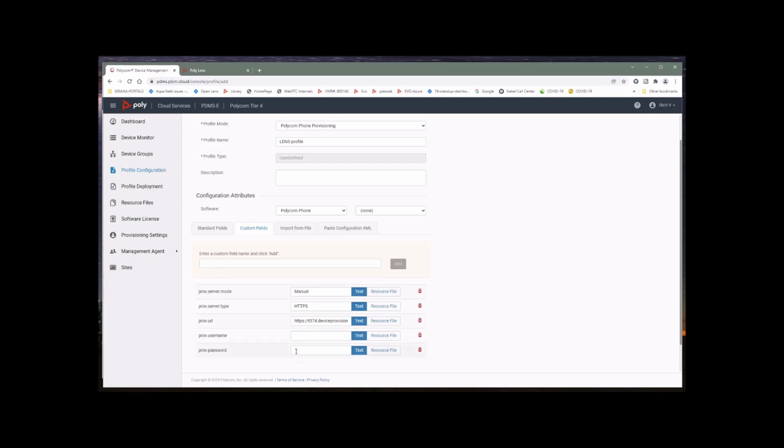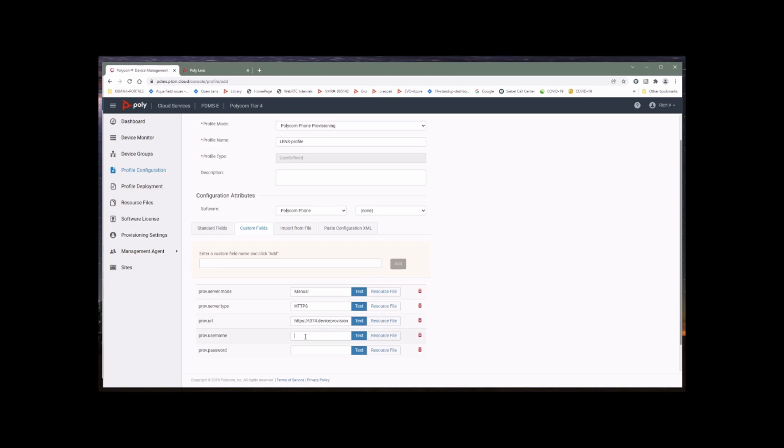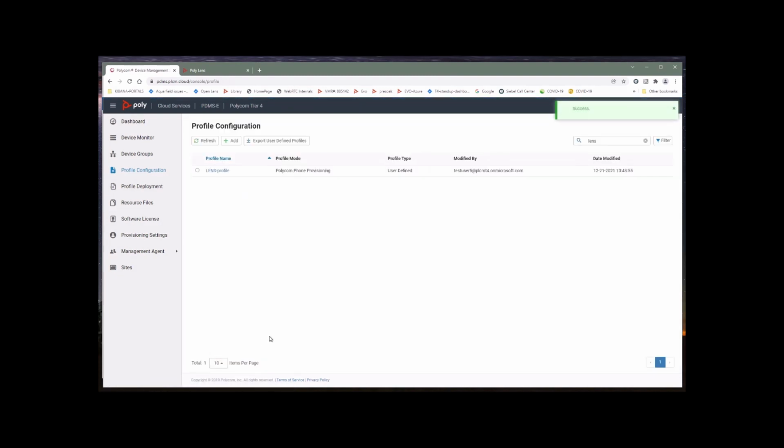And again, both of these are from our Lens provisioning information for our server user and our server password. And click Save. Okay, we're going to save that profile, and now we are going to apply this profile to a device.